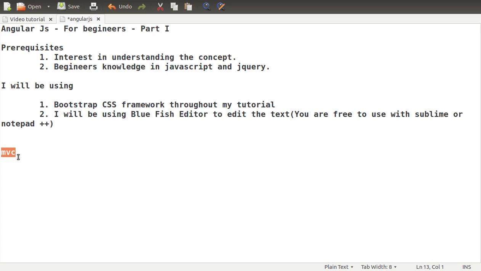We'll be seeing the advantages of using model view controller with AngularJS, and how it is going to reduce your upload. Throughout this tutorial I will be using the Bootstrap CSS framework, and